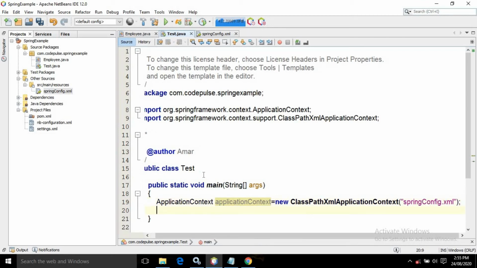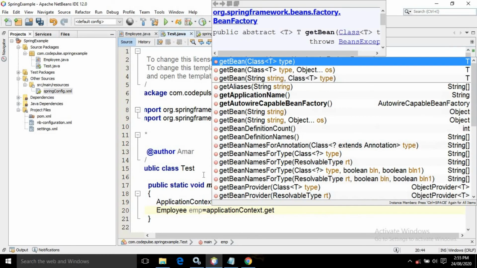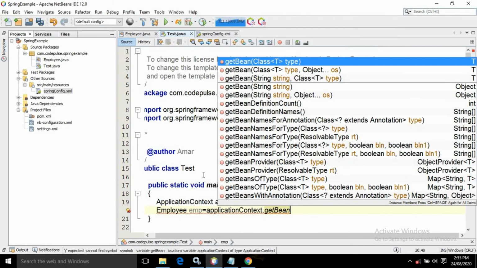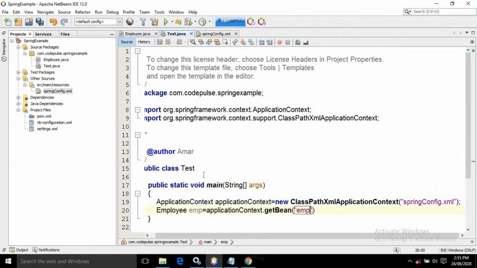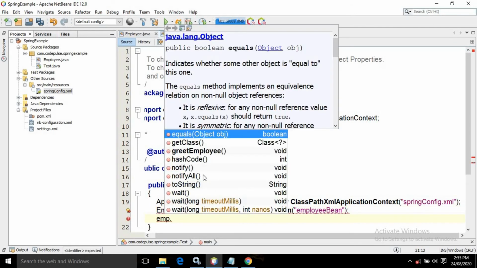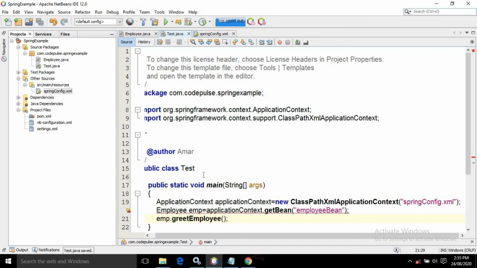After that, I will write Employee emp equals ApplicationContext dot getBean. Let me give the name as employeeBean, and after that by using this, emp dot greetEmployee. Here I need to do a typecast as well, Employee.